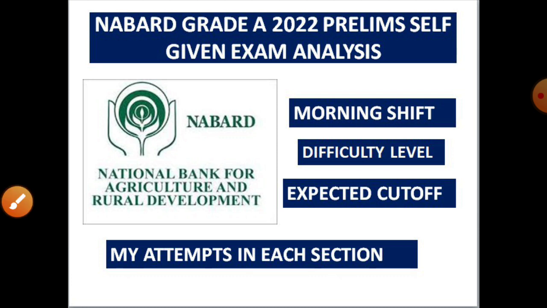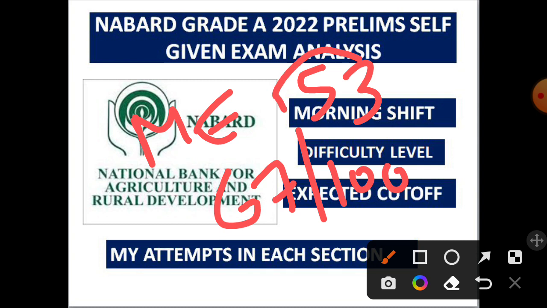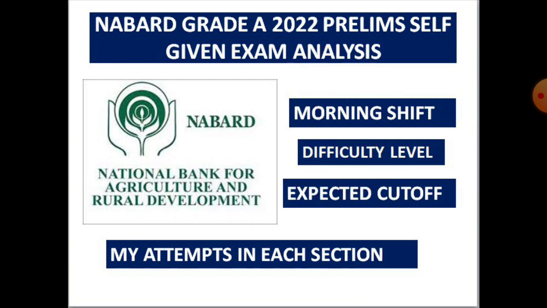So in my merit section, that is ESI, ARD, and current affairs, my total attempts were 67 on 100. Last year, the cutoff for general category was 53. I don't know how much it may vary. I am expecting the same thing this year also. So for general category, I am expecting around 50 to 55. If you are sure about getting this much marks, then you can start your preparation for mains.